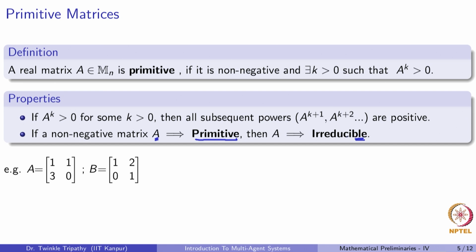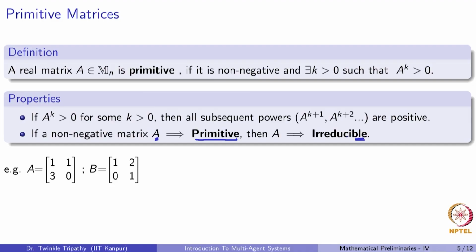So again, in the sense of graph theory, these properties of irreducibility and primitivity have very nice meanings, and they help us prove which kind of network configurations or network topologies are actually suitable to achieve consensus. But for now, let's just see an example, and we'll eventually learn to apply these techniques to distributed algorithms.